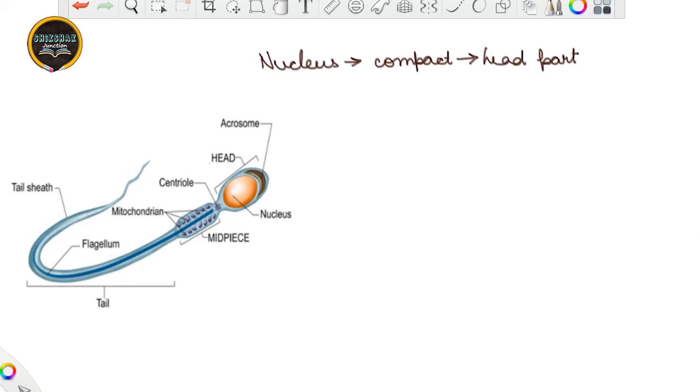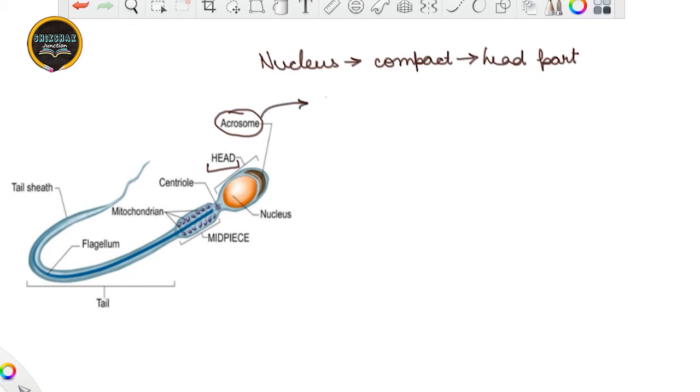Now from the figure, see, this is the head part. So this is the nucleus part. Okay. At the tip of the head, you might encounter the structure that is written here, this acrosome. See, again I am telling you, if you try to skip the figure or the video, you will not understand whatever we are discussing. So do not ever try to do that, otherwise you are going to miss very important concepts.